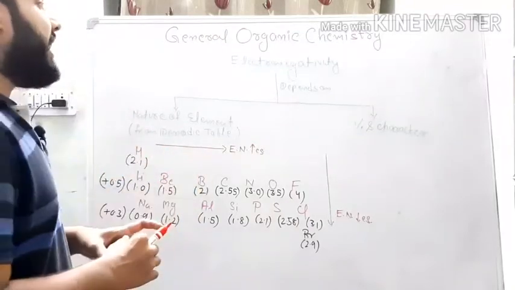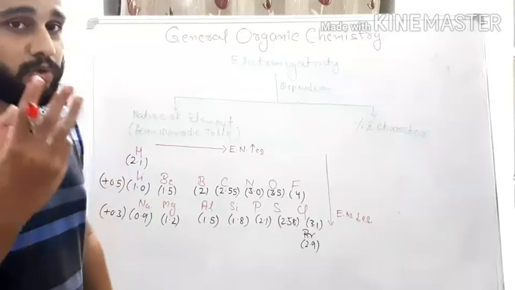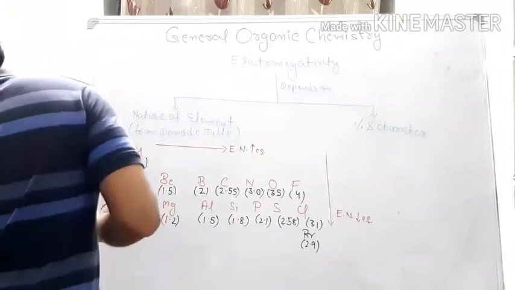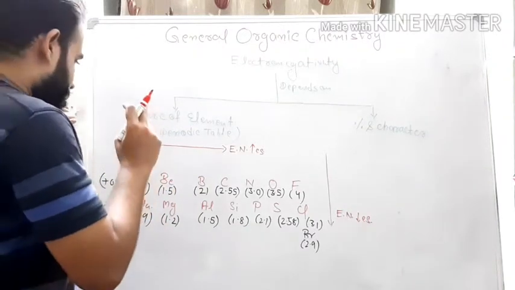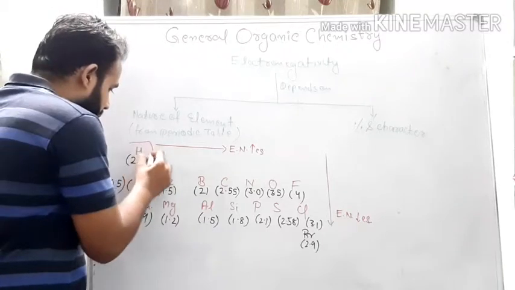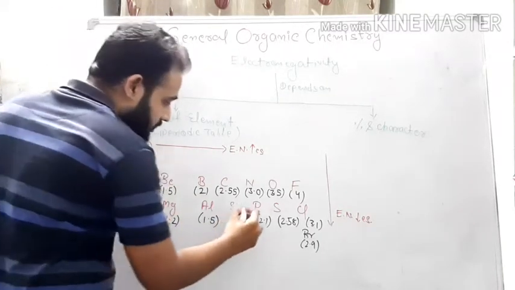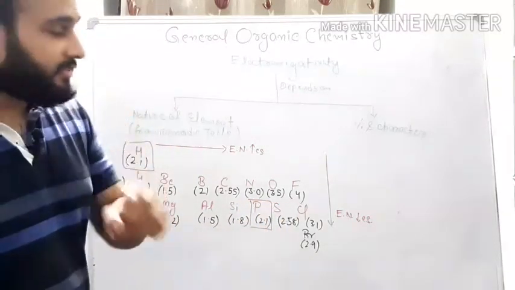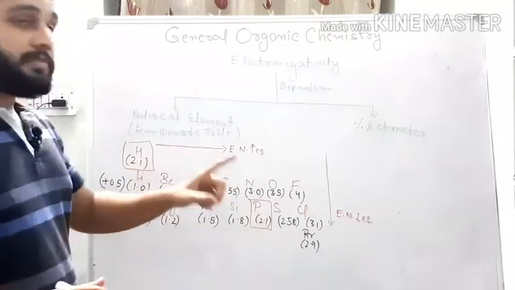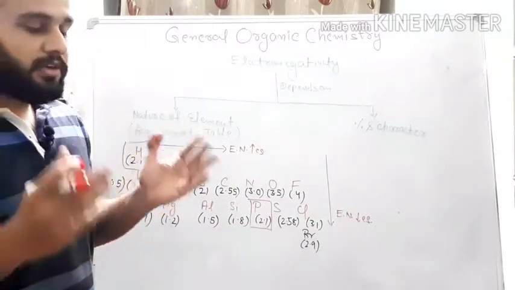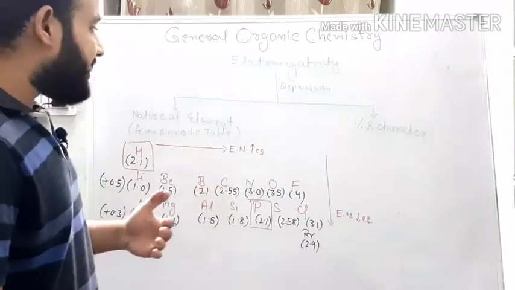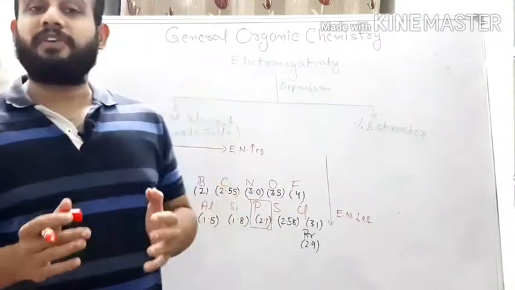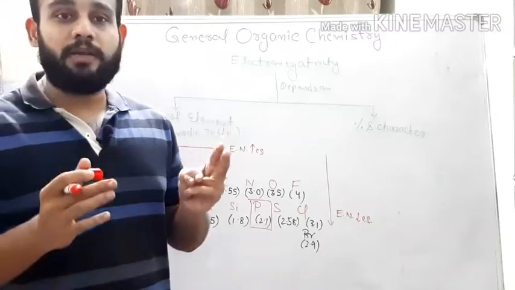How does your electronegativity depend on the nature of the element? Here you can remember only 3 points. The first point is the bond between hydrogen and phosphorus. When you see the electronegativity of hydrogen and phosphorus, they have the same electronegativity value, so the difference is 0. And you know very well that for inductive effect, there must be a significant difference between the two elements which bond together.